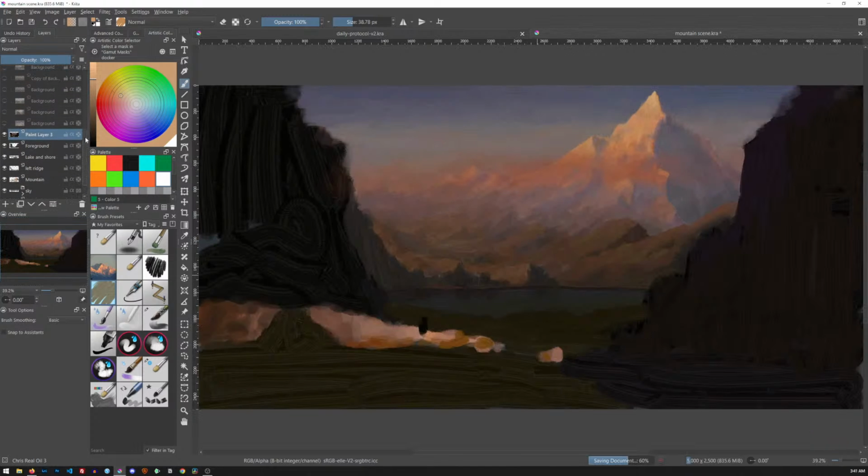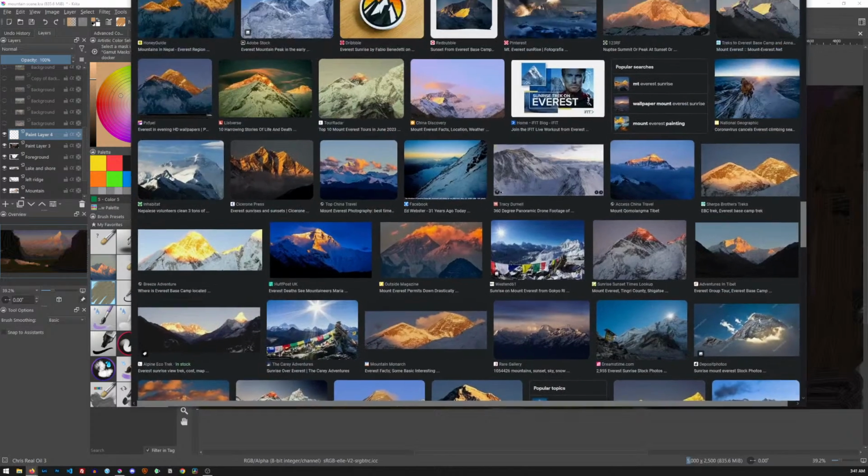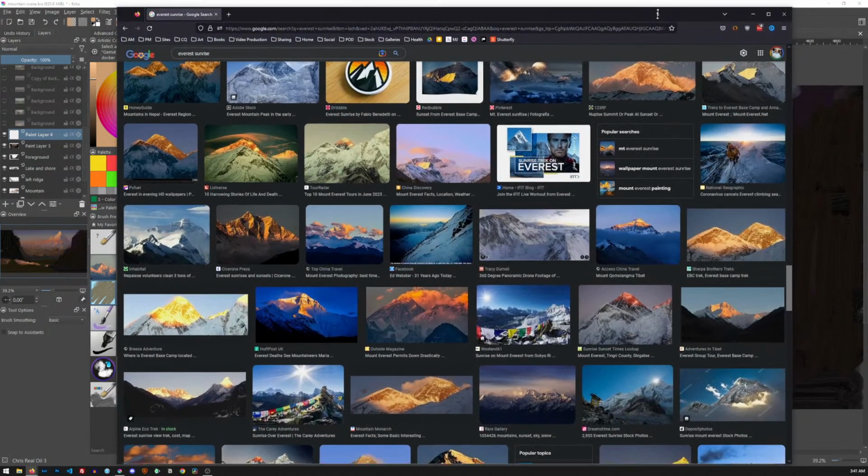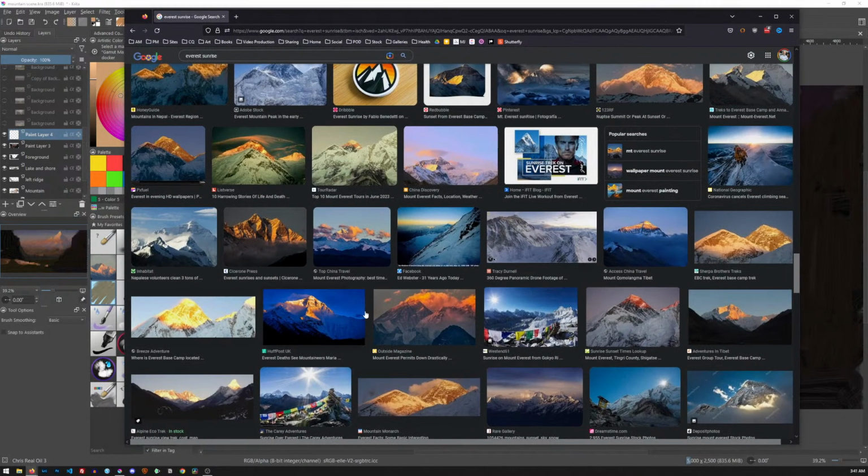I'm going to create a new layer, and before we get into the clouds, we're actually going to look at images, doing cloud research. So yeah, I'm going to be on the internet, which is kind of dangerous sometimes on streams, I would guess. I did a search for Everest sunrise. And the one thing that I'm noticing with clouds a lot,